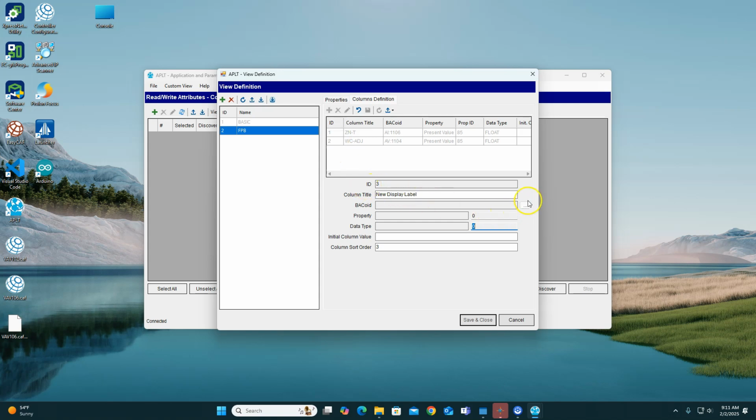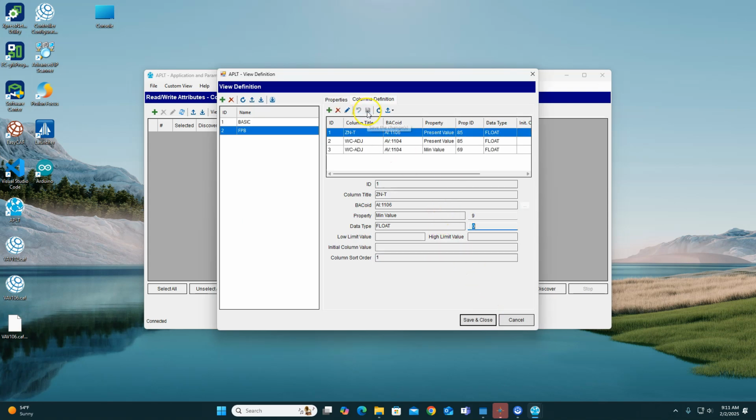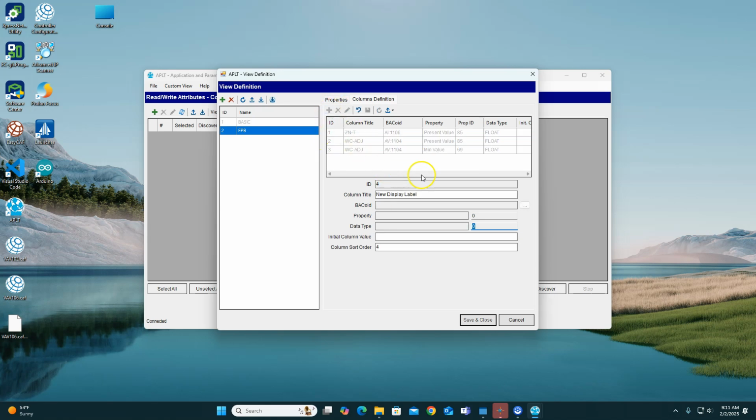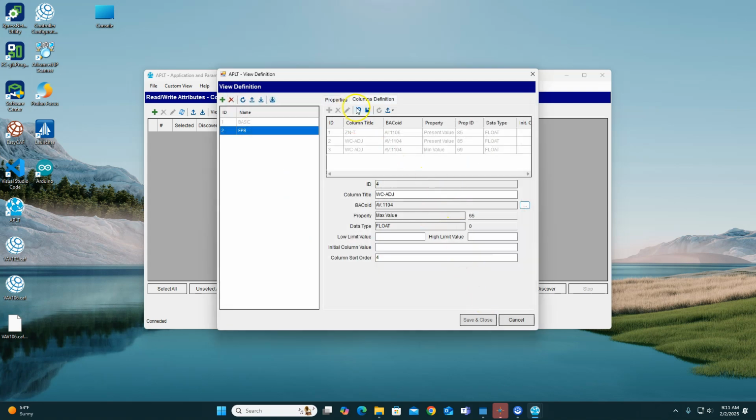And then we start getting into the stuff that we want to adjust, like the min value of the warm cool adjust. How many times have your customer told you after the fact, oh yeah, we only want the end users to have a 2-degree up down adjustment after you already put the whole system in? So if they tell you that and you have this, you can do this very quickly. So max value, and then